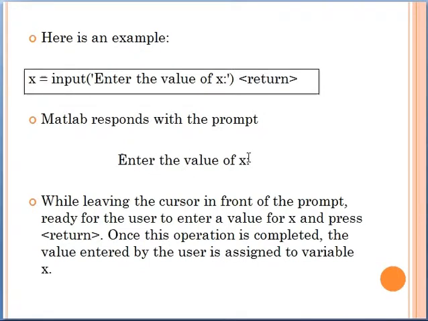After this output, you have to type the value of x, whatever you want, from your keyboard, and that value will be assigned to the variable x. Now, while leaving the cursor in front of the prompt, ready for the user to enter a value for x and press return. Once this operation is completed, the value entered by the user is assigned to the variable x.